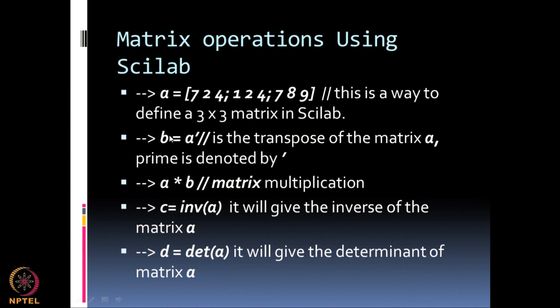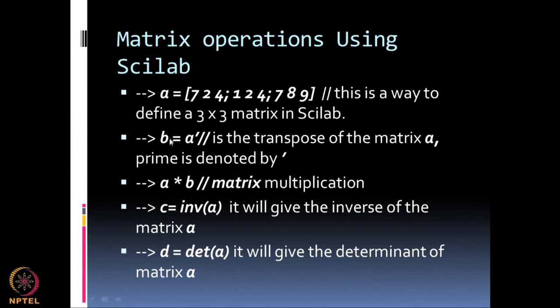Now suppose I want the transpose of this matrix. Remember, in Fortran if you want to transpose, you will have to define each element of the transpose matrix. Suppose Aij is my element, the element of the transpose will be Aji. So, I have to define a new matrix and define every element of the matrix.